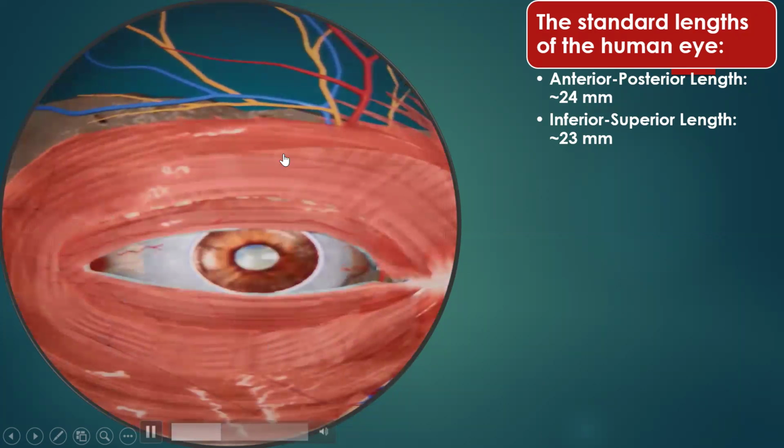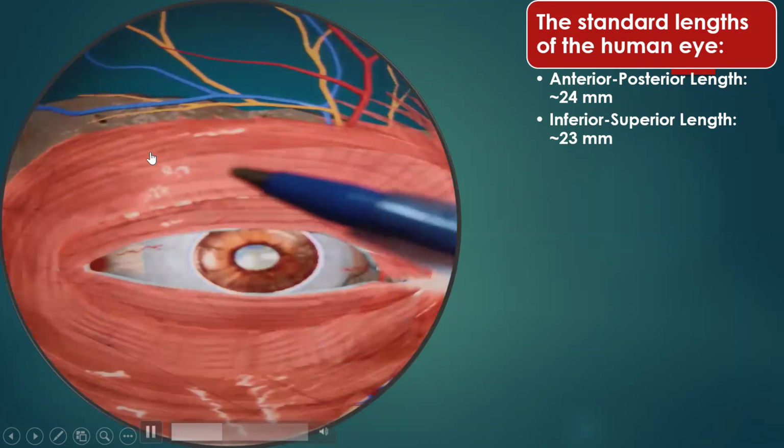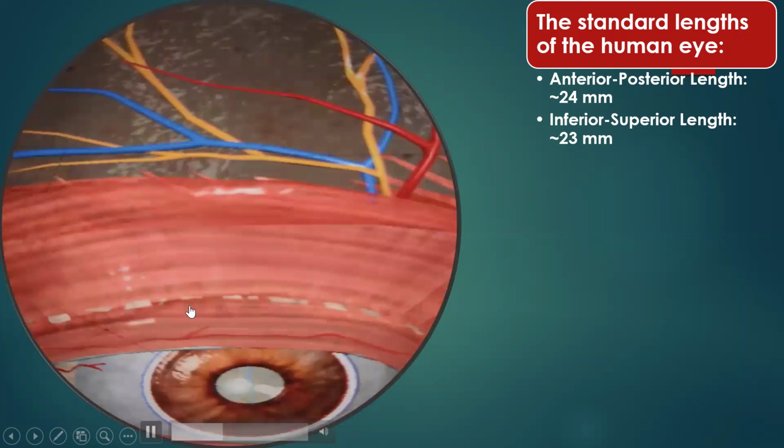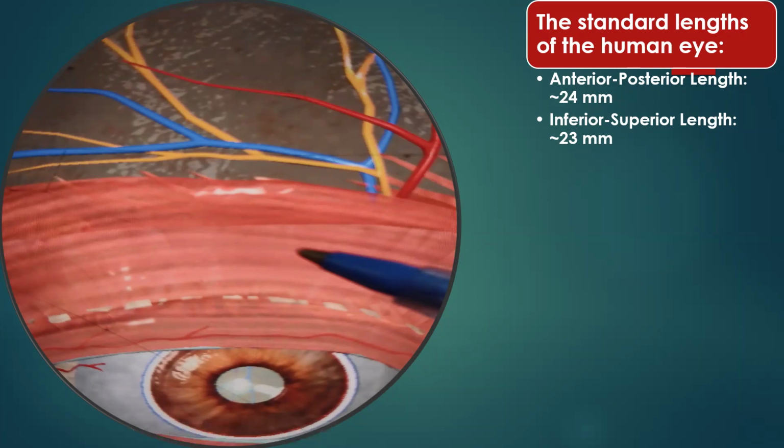Now, looking at this, you see this muscle surrounding this eye. This muscle is known as orbicularis oculi muscle. What is the main function of this muscle? The main function of the orbicularis oculi muscle is to